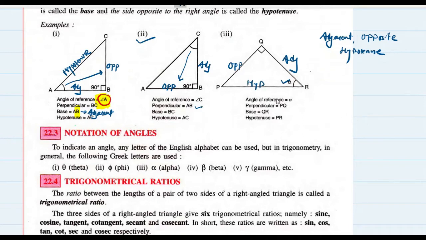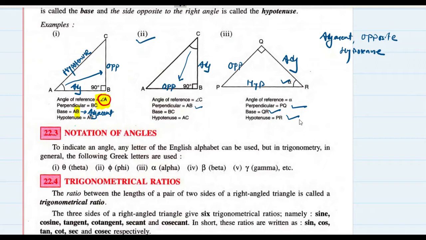So, what do they call opposite as? They call opposite as perpendicular. See, perpendicular is PQ. And what do they call base as? The adjacent is base in their terminology. So, base is QR and hypotenuse is PR. And if somebody is comfortable with the textbook terminology of the sides, that is perpendicular, base, and hypotenuse, no problem. I will accept it. The only thing is you should not make any silly mistakes